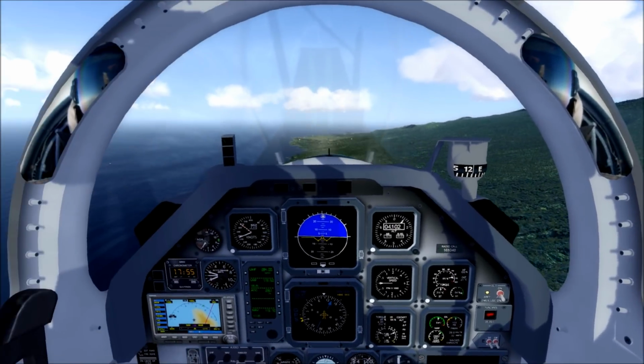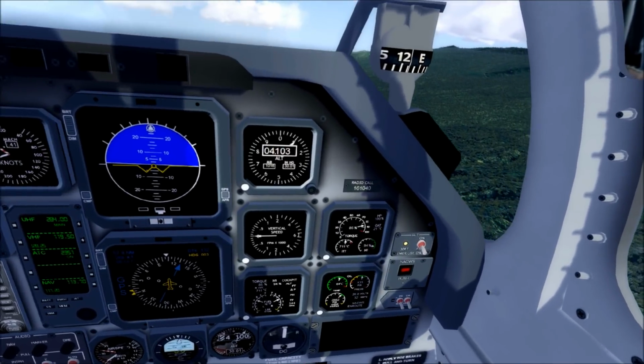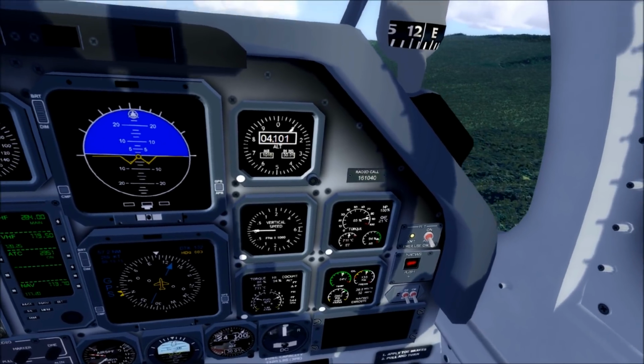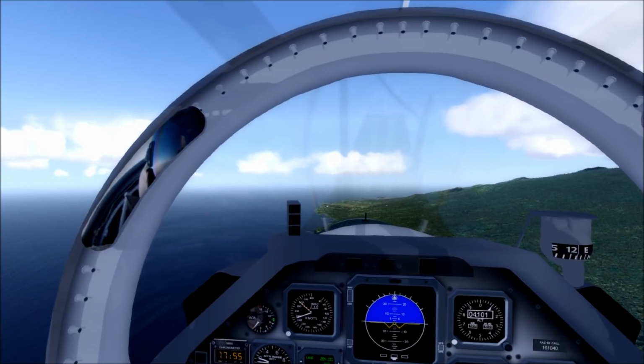Okay, it kind of feels like the turbulence may have died down just a little bit here. I'm going to check our altimeter. We're at 30.01. Yeah, it looks to be the same. Alright, so the airport that we're going to...